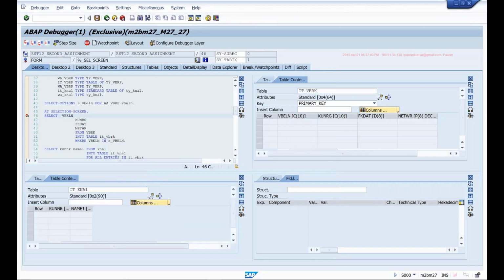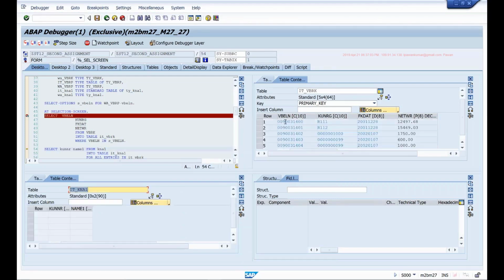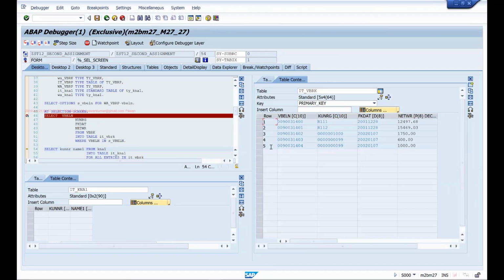In the first select, I'm getting data from IT_VBRK. I got these records, and if I expand, there are 5 records, and these are the customers, right? 11, 12, 1000, 99, and 99 is repeated twice if you see. So two documents have the same customer basically.